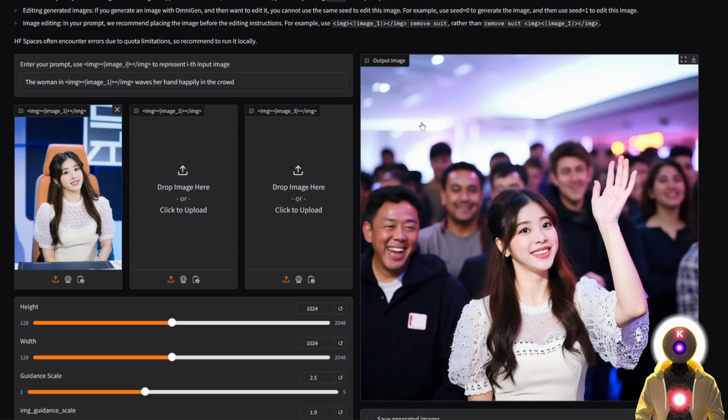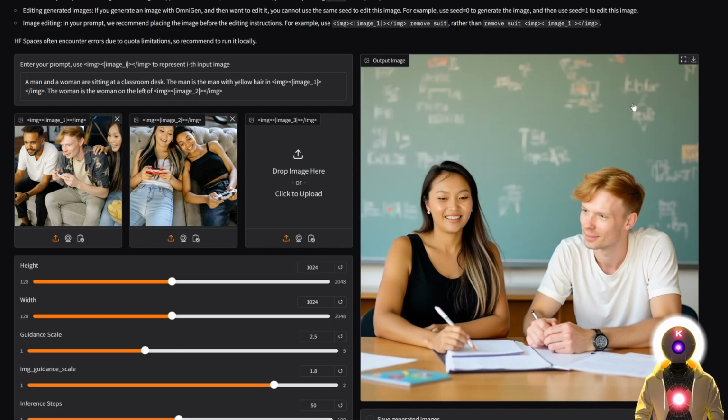Exactly as if this was Instant ID, or the purely tool that I showed you in my previous video. But once again, this is really just the tip of the iceberg, because OmniGen can do way more than that. Like one of the things that OmniGen can do, for example, is taking information from different images and putting them